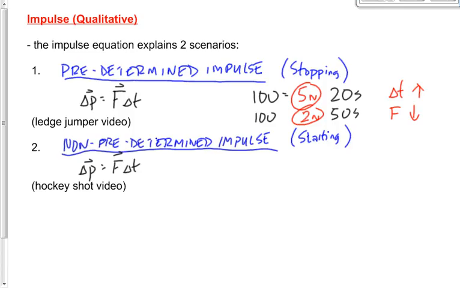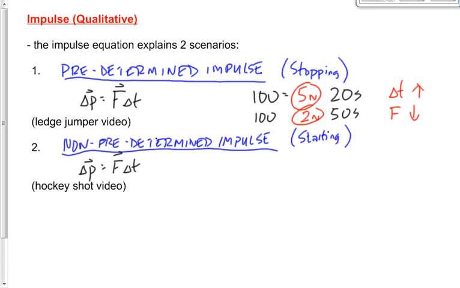This is, as we said yesterday, one of two basic principles behind every single thing that cushions an impact, from you jumping off of a desk and bending your knees, to somebody who's a goalie wearing goalie pads, protecting themselves from a puck, to an airbag in your car protecting your head from hitting a steering wheel. The idea is increase stopping time, decrease force.